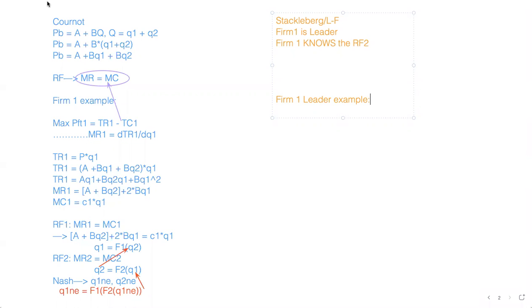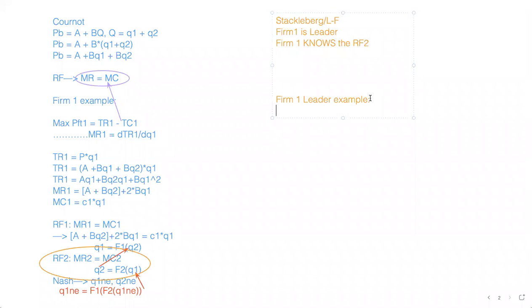So I'm going to go ahead and circle this part, or oval it. But the difference is that once you're talking about what the leader is going to do,